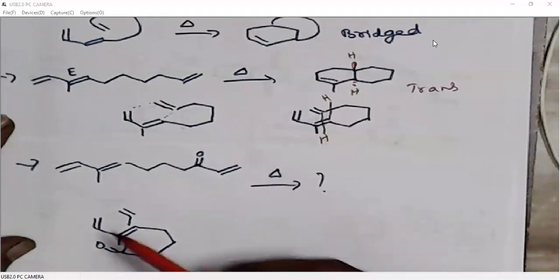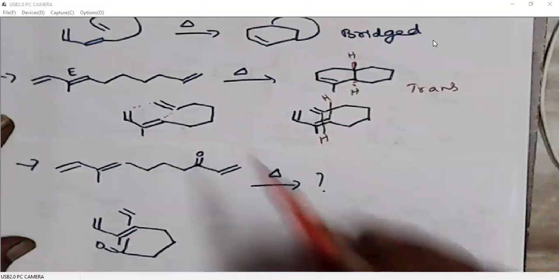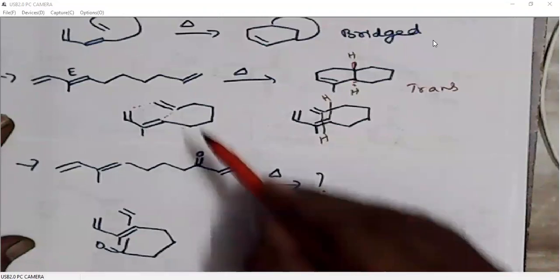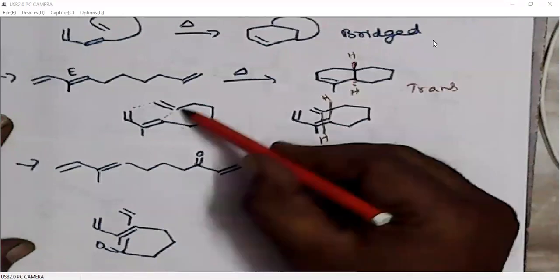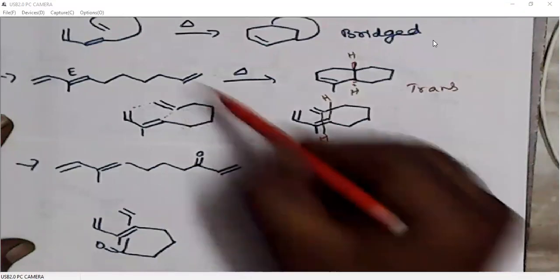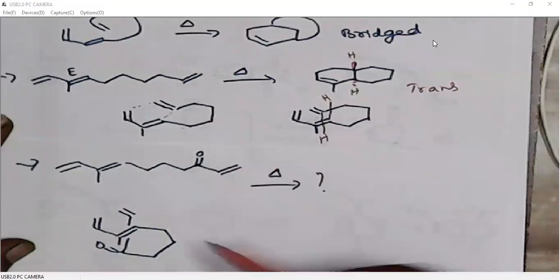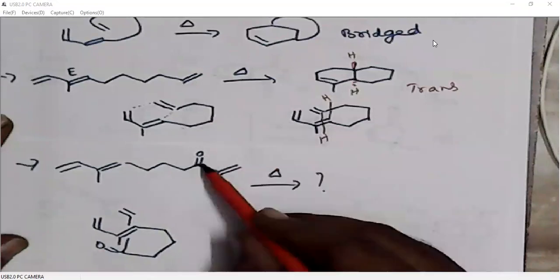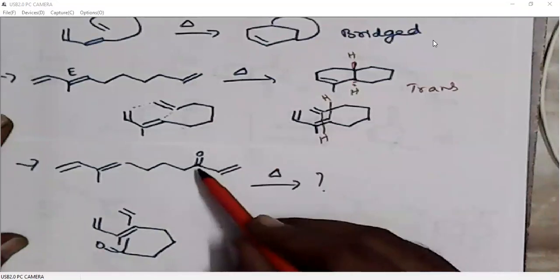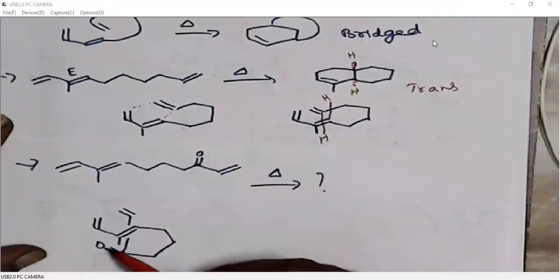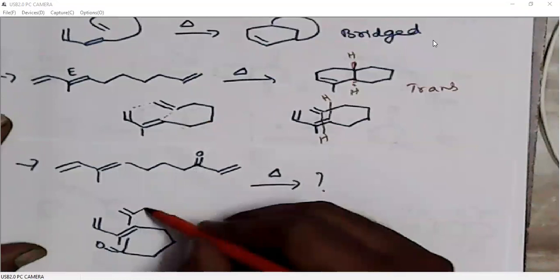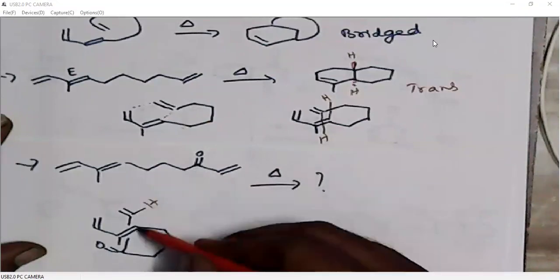We will write the dienophile. If there is no additional steric crowding or endoselectivity, we can directly connect them with the number of carbons in the linker. But here we have a carbonyl which will facilitate the endoselectivity. So because of that, the carbonyl must be placed nearer to these carbons. Then we have hydrogen here, we have hydrogen here.